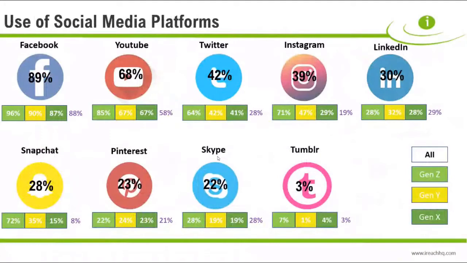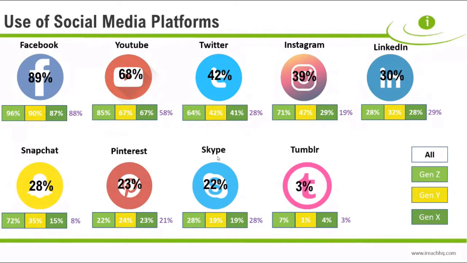And the things you see, if I look at Facebook, all adults, 89% are engaging with Facebook. But if I look over at Instagram, 39% of all adults are looking at Instagram. But if I drop down to the numbers underneath it, we see 71% of Generation Z are engaging with Instagram. So we see already